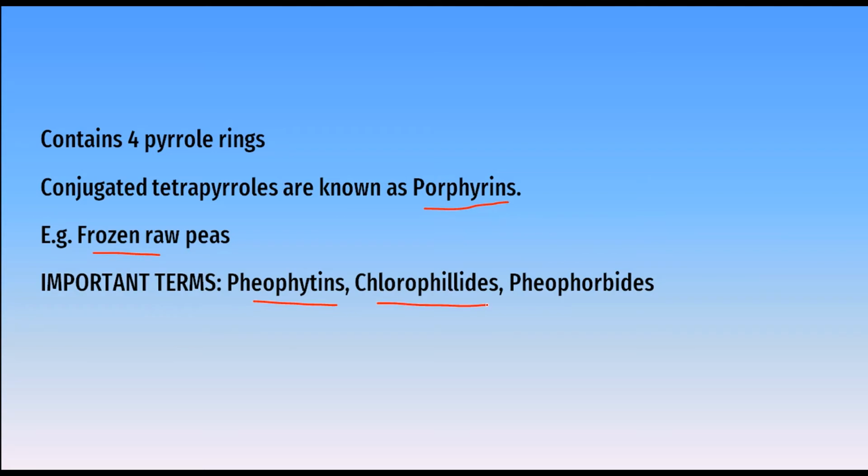It is more stable than chlorophyll, and if the magnesium ion present in chlorophyllides is removed, then pheophorbides are formed. These are also olive brown in color. Okay, and the conversion of chlorophyll to pheophytin is related to the amount of acids produced within the system during heating and storage.